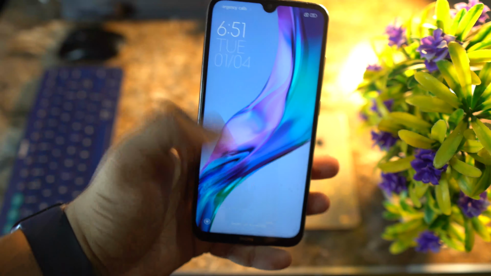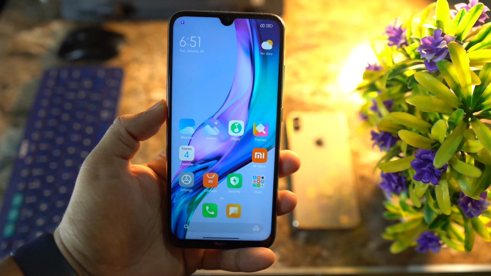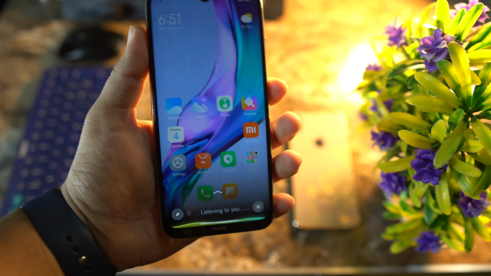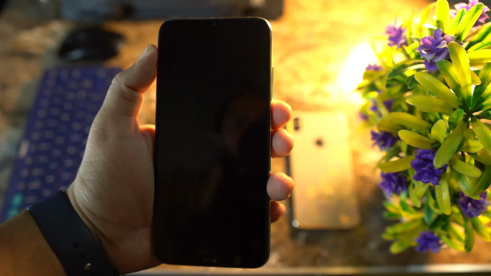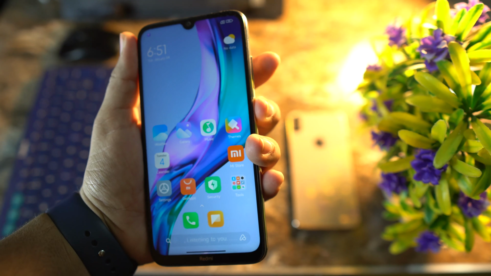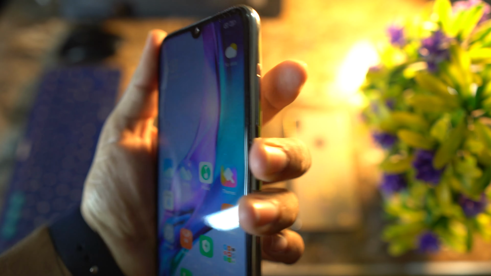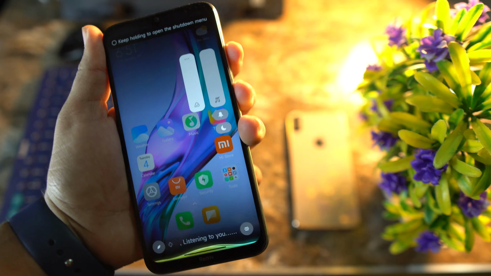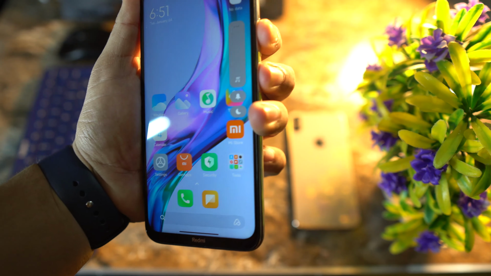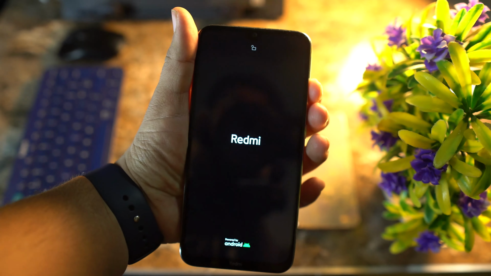To install this ROM, you need to download a few things. First one is the MIUI 13 ported ROM for the Redmi Note 8. Second one is the Magisk zip file, and third one is the DM-Verity bypass. So after downloading these three files, you need to reboot your device into any installed custom recovery by pressing and holding the power button plus volume down button, but it is opening the assistant again and again.